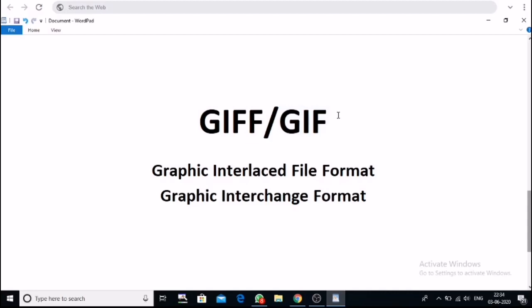Now, what is the specification of GIF? It supports very few colors. As it supports very few colors, the output of the image will not be up to the mark, not of good quality.